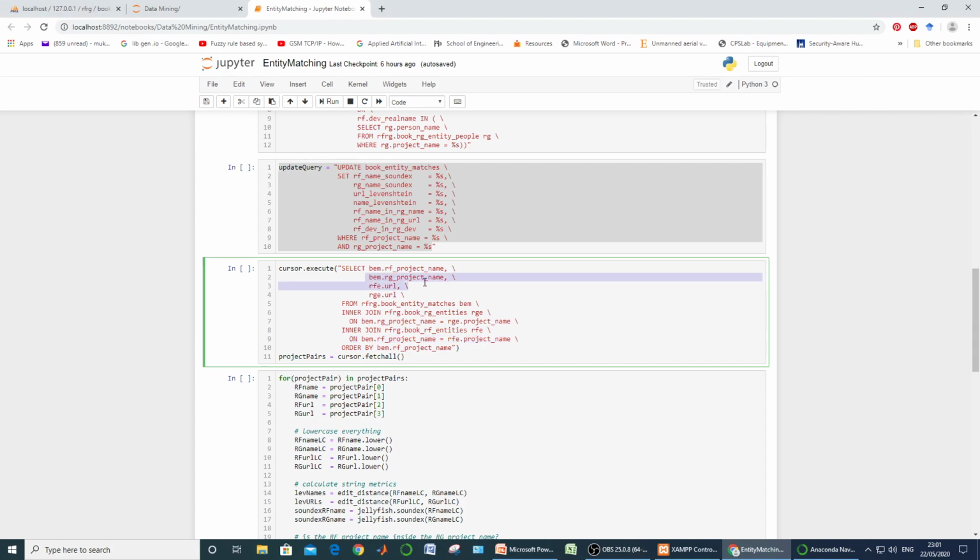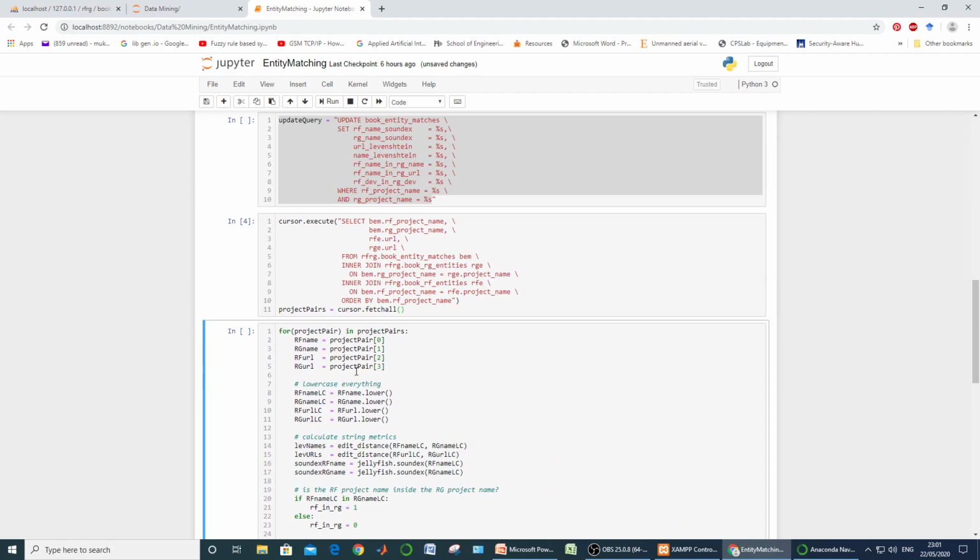The second one, the RG name, is joined on the RGE table, and correspondingly the result of these joins is extracted as the URLs, the RFE URL and the RGE URL. So the result of this query is tuples containing four entries: the project name from RF, the project name from RG, then the URL from RF, then the URL from RG. The result goes to project pairs. Let us execute this.